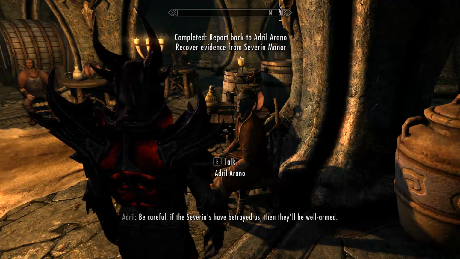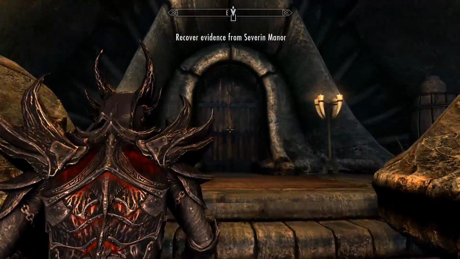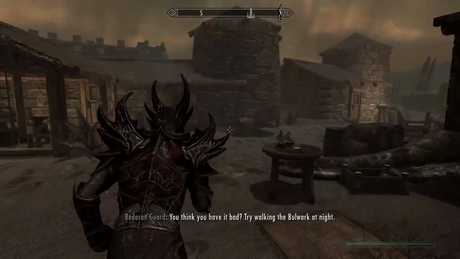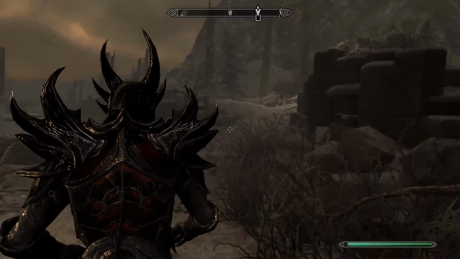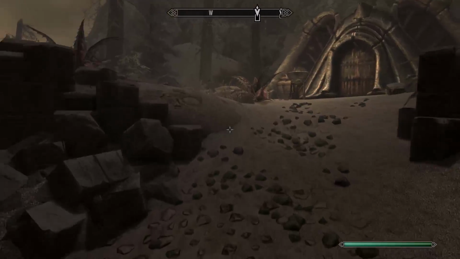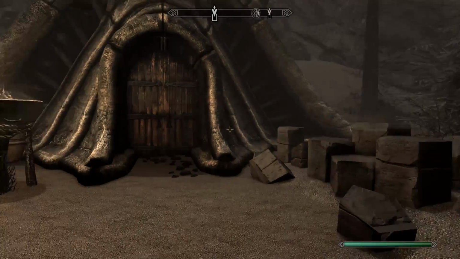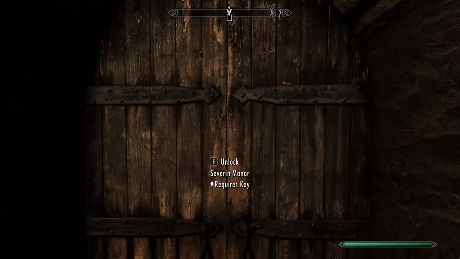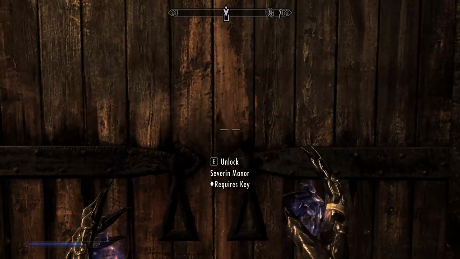Now we gotta go search the Severans' house for evidence. Careful, if they betrayed us, then they'll be well armed. Our house is all the way over there. It feels excluded from Raven Rock, you know? It also feels like it's abandoned. But it is not. And incidentally, as soon as you enter, you're gonna be attacked, so...